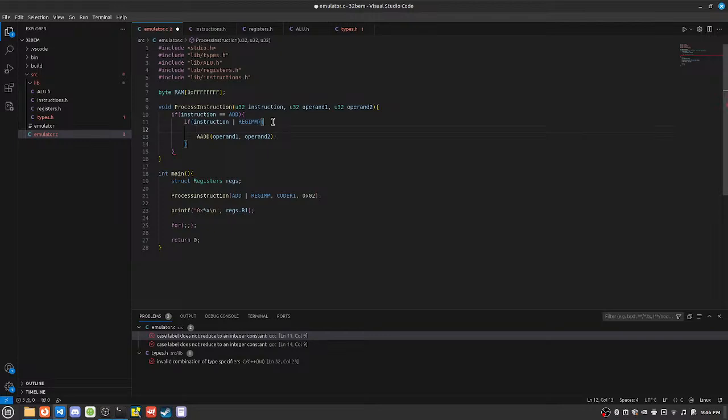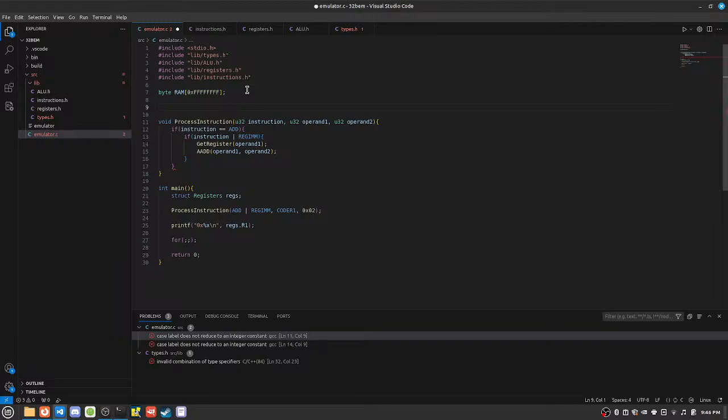So then, get register operand 1. Okay. What's that all about? Case label does not reduce to an integer constant. Okay, that's not there anymore, so I'm just gonna